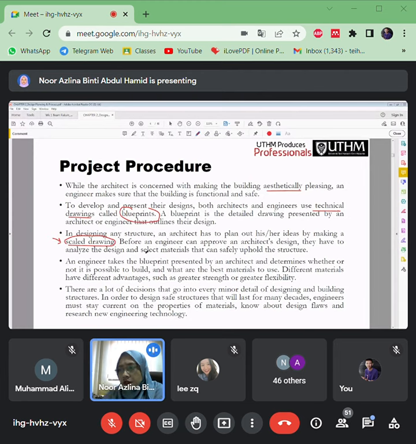The selection of materials is also very important, especially in the architect's layouts. In the architect's drawing, there will be selections of materials. What types of materials are going to be used for the roof system?